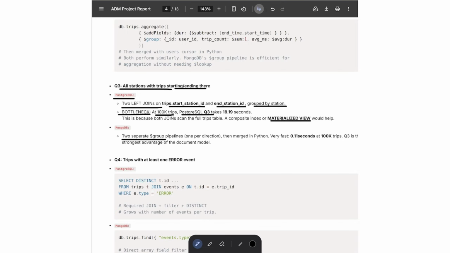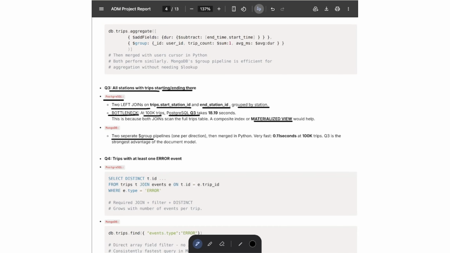So instead of repeatedly scanning multiple collections, Mongo processed it in a streaming pipeline and filtered the groups in just one pass, and it returned aggregated results. So for that case, MongoDB is much faster than PostgreSQL